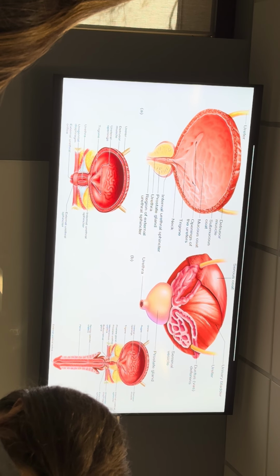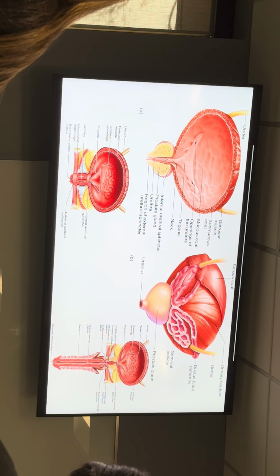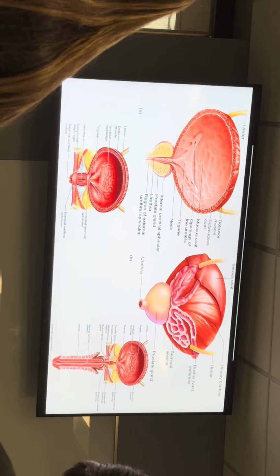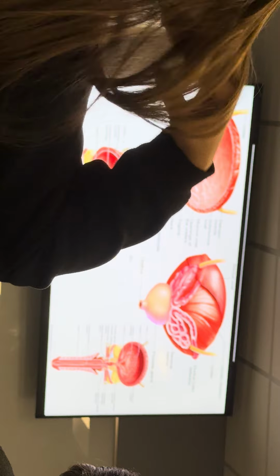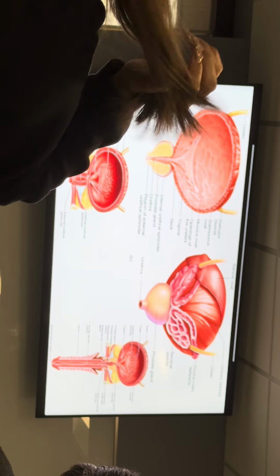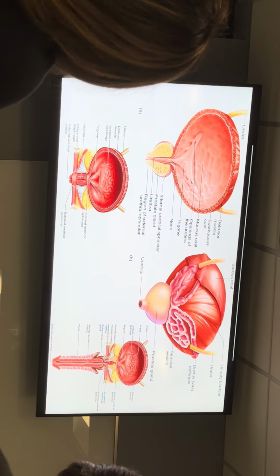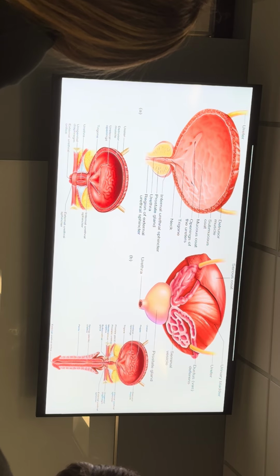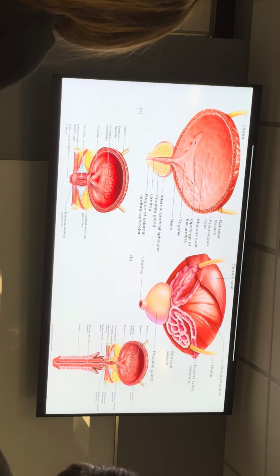There's a mucous membrane along it to keep it lubricated. Not super important in women, more important for men. And then there are two sphincters. There's an internal urethral sphincter in women that's made up of smooth muscle that basically does nothing. It's completely useless. The only reason you have it is because if you would have become a man, you would have needed it. Anytime you're ready to urinate, it just relaxes and doesn't do anything. It has a role in men, and I'll get to that in a second.